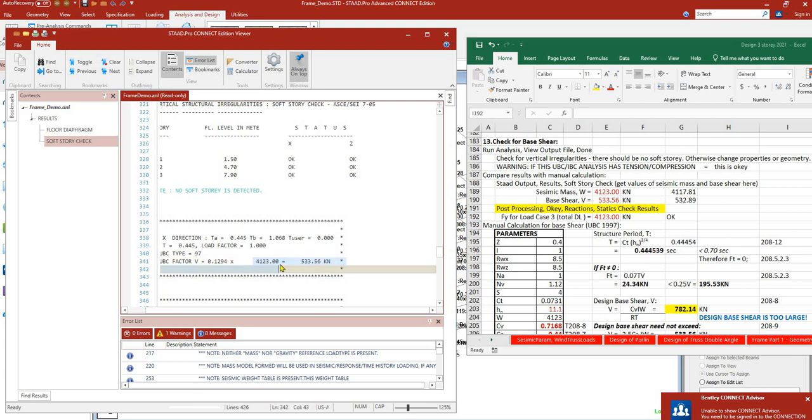Seismic mass in the sense that it is the product of the superimposed dead loads plus self-weight. Okay, so kapag sinabing superimposed dead loads, yan yung finishing, tapos ceiling and utilities, tsaka yung 1 kPa na partition